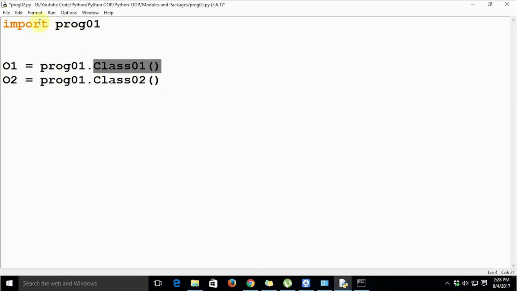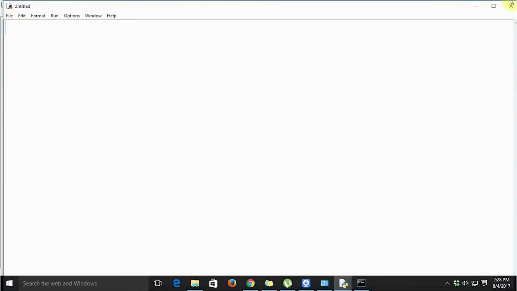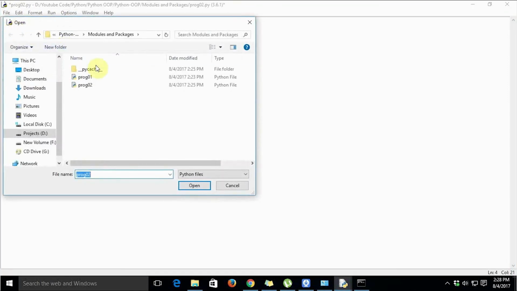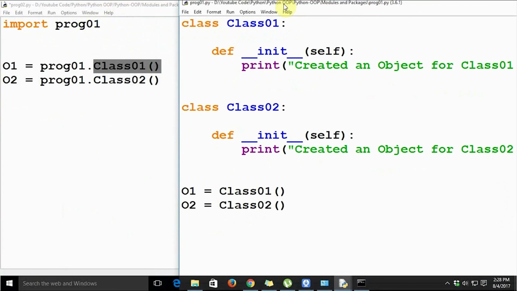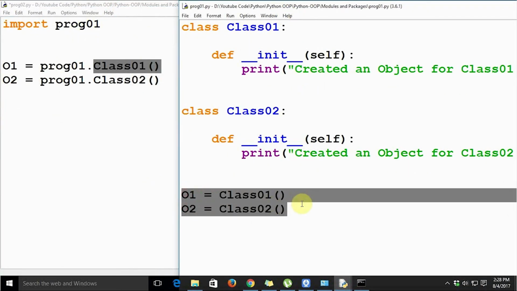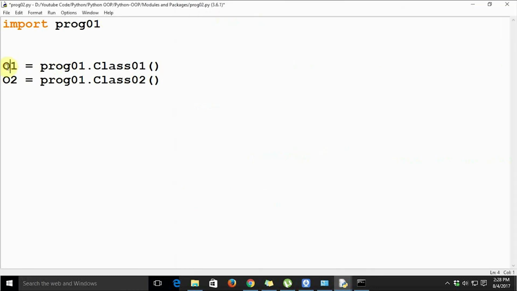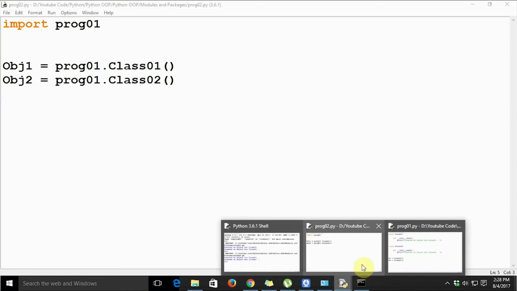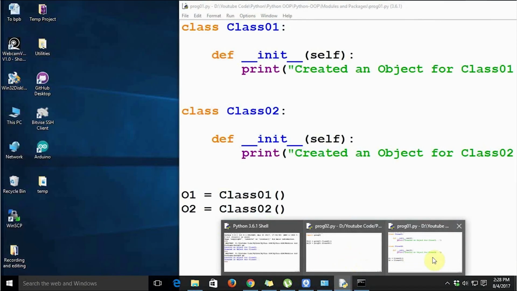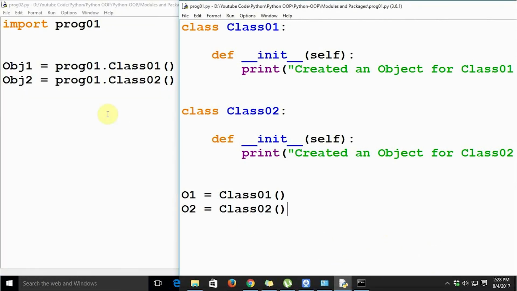Let's open the file prog01 again and see the difference in how we have created the objects. As you can see, the o1 object here is created as class 01, and the o2 object is created as class 02. To avoid confusion, let's have different names. Here we have obj1 and obj2 for the objects we are creating in prog02, and for prog01 we have the object names o1 and o2. Now if I run the code,